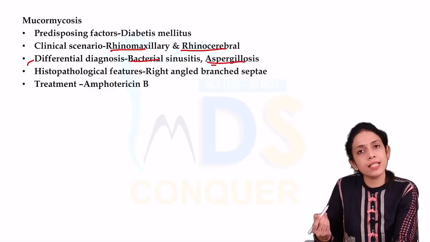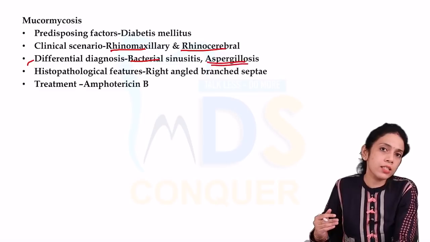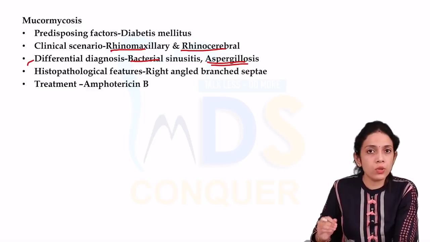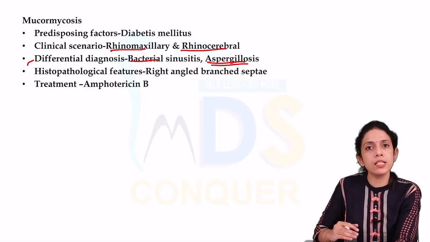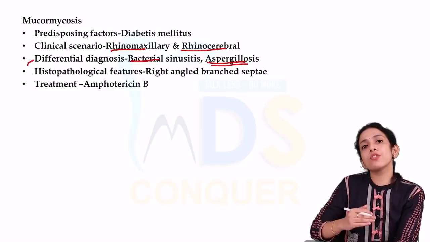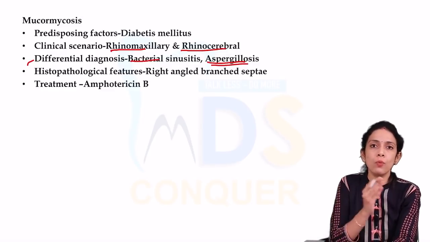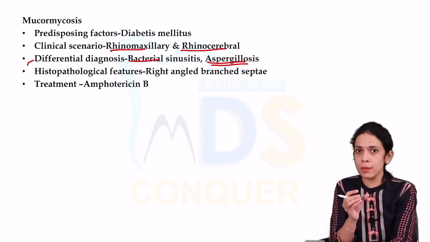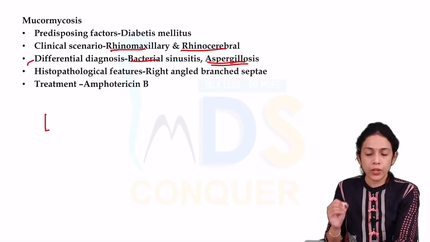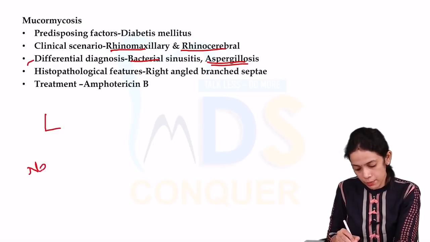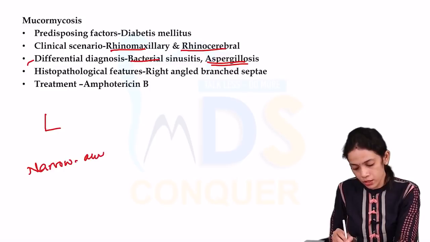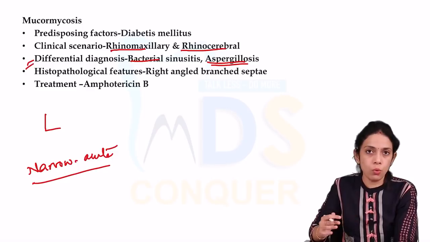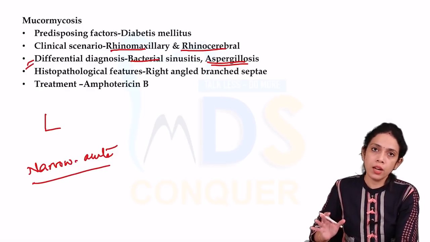And next, aspergillosis, as I said, even that has cerebral involvement. Even aspergillosis has severity because it shows severe cerebral involvement. But the histopathological examination will decide whether it is mucormycosis or aspergillosis. In mucormycosis, it's broad septae at right angles, whereas in aspergillosis, it is narrow septae at acute angles. So this is the important thing that you need to know. That's the reason you have to end up with mucormycosis.